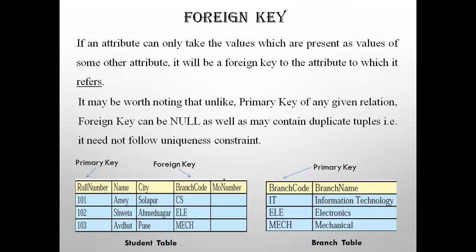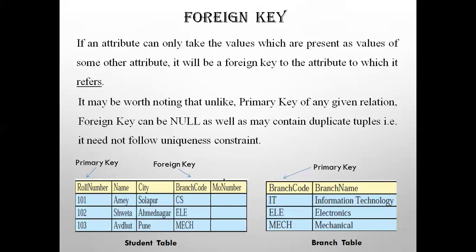The purpose of this is to maintain data integrity, accuracy, and allow navigation between two different instances of an entity. It acts as a cross-reference between two tables as it references the primary key of another table.